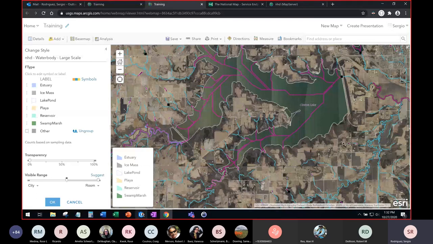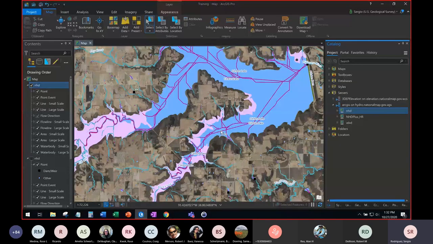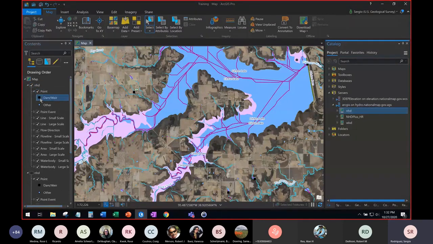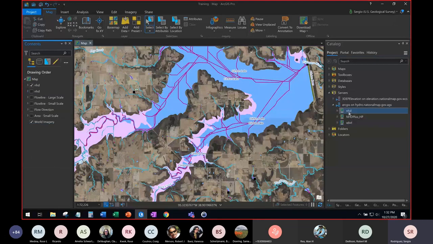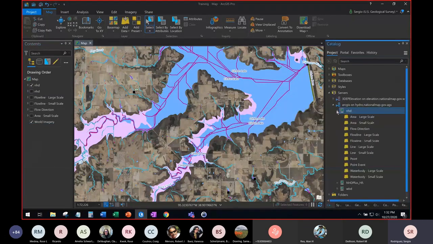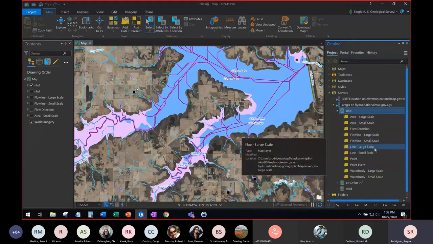Now let's go back to Pro. Let's see if that worked any better. And okay, so I've added just a service by itself. And as you can see, I have access to these, but if I wanted to change it, I don't get that ribbon for changing symbology. So instead of adding the service by itself, you want to expand that service. And from here, we can add